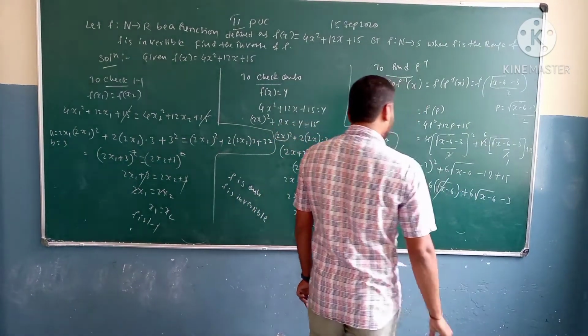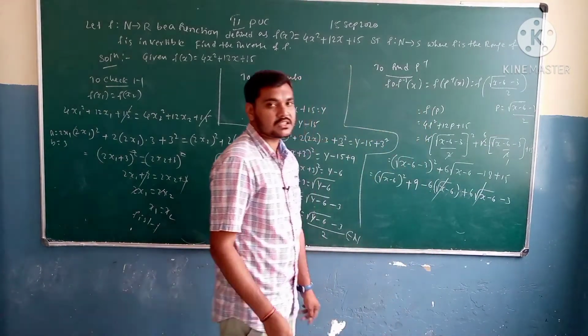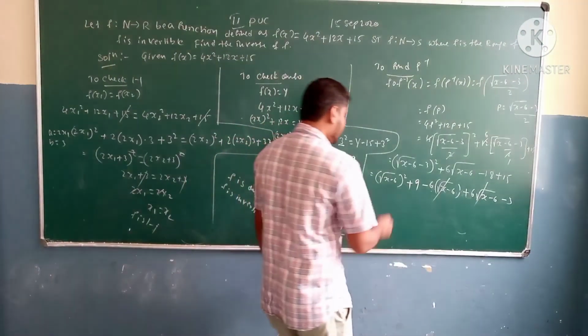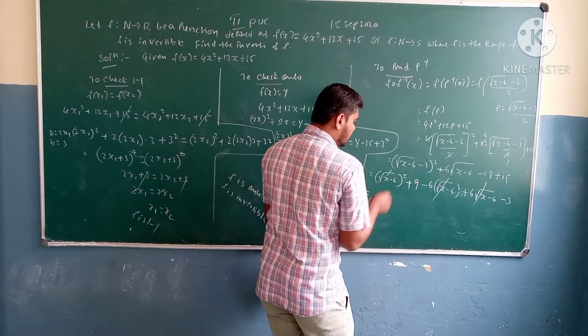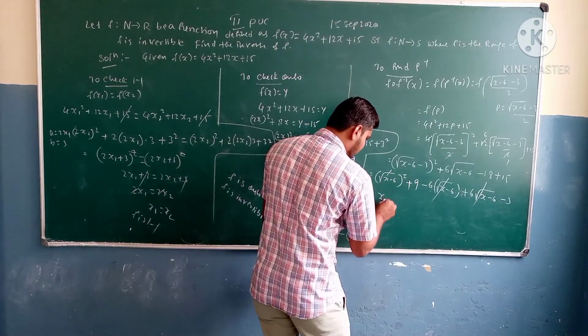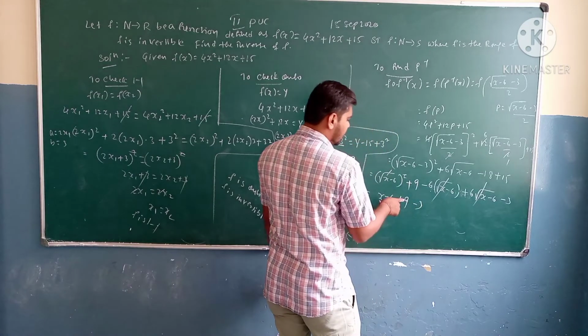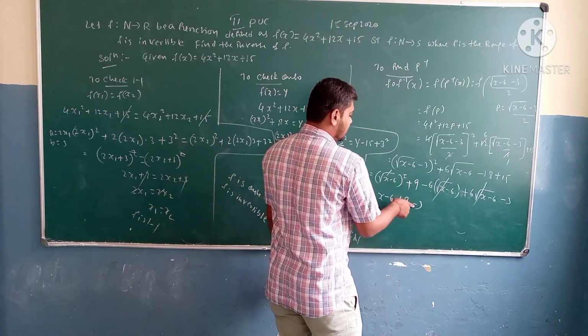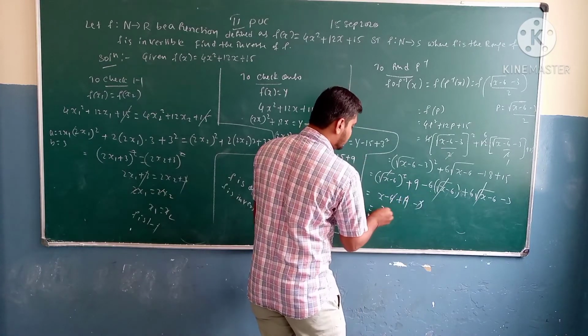Again observe here. Minus 6 into root of x minus 6 and plus 6 into root of x minus 6 are going to cancel. The remaining thing: the square and square root are going to cancel, so the remaining thing is x minus 6. So plus 9, and the remaining is minus 18, plus 15. So 9 minus 6 and minus 3 is going to be 0, so this thing is going to be cancelled. The remaining thing is only x.